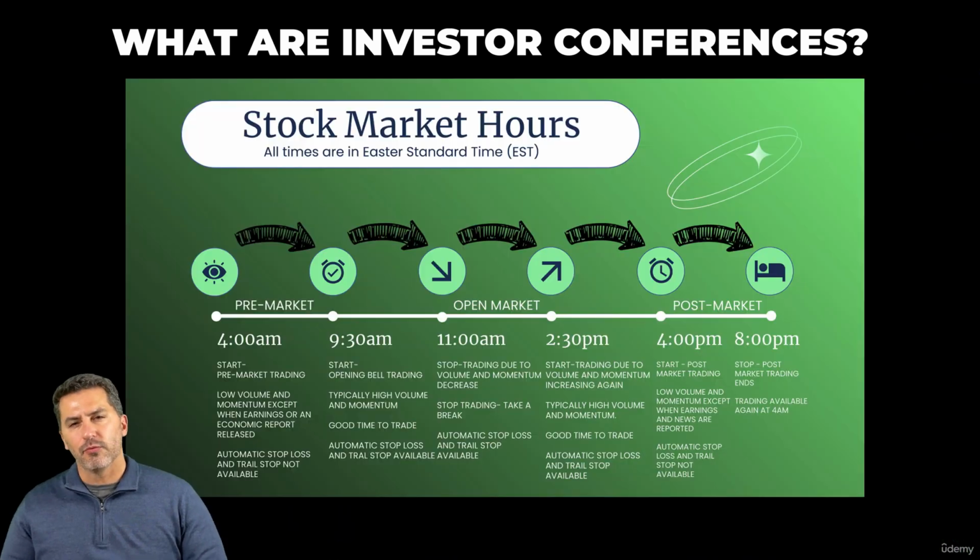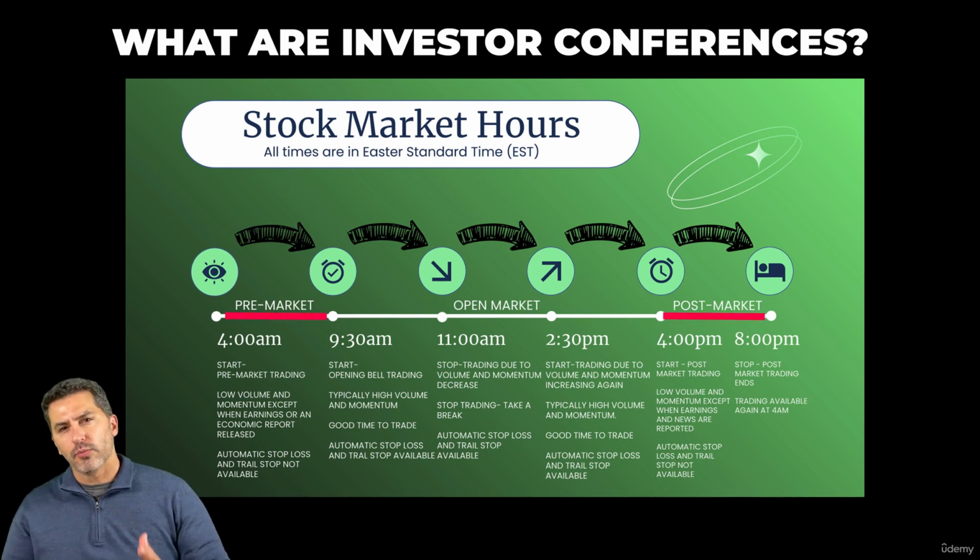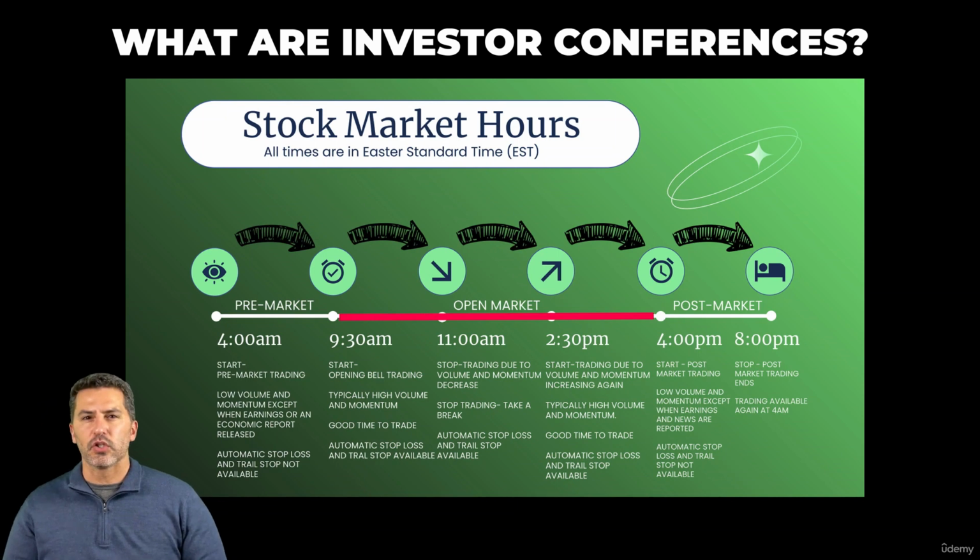The key difference between formulating a plan in response to investor conferences versus earnings reports is due to the timing of the start time of the investor conference versus the release of information of the earnings reports. Earnings reports generally happen before or after open market hours, while investor conferences occur during market hours. Because we teach low-risk strategies, you have the ability to do trail stop losses during market hours.